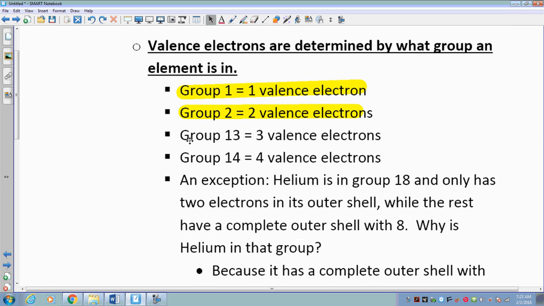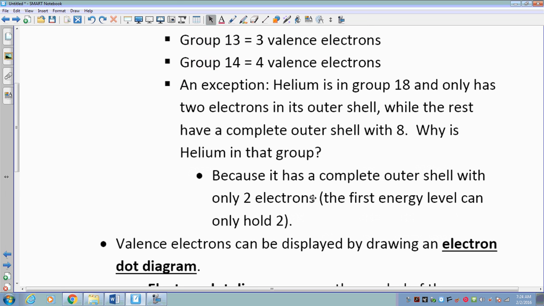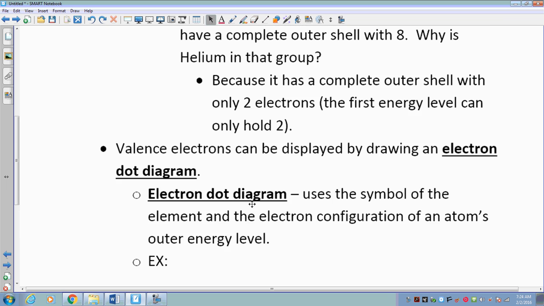That we talked about. All elements in group 3 or 13 have 3, and so on. Understanding how to find this out is going to save you a lot of trouble in our next unit, which is chemical bonds. All right, so it shouldn't be overly difficult. We'll talk about writing balanced